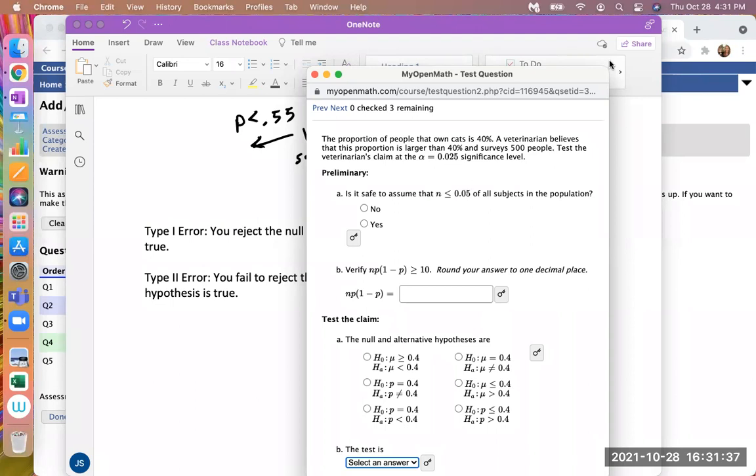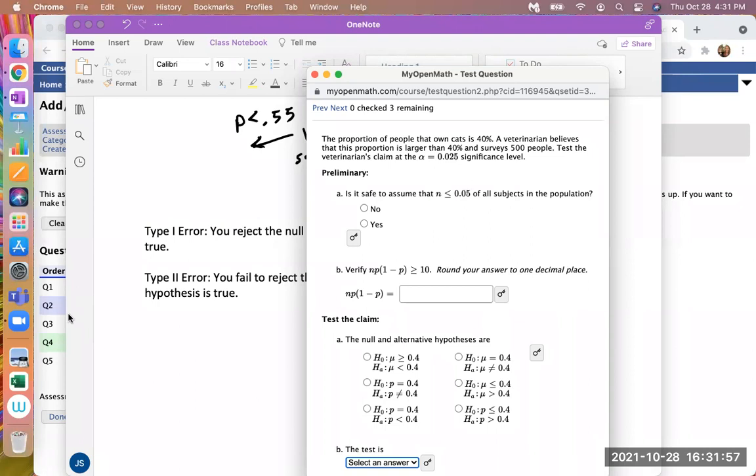The proportion of people that own cats is 40%. A veterinarian believes this proportion is larger than 40% and surveys 500 people. Test the veterinarian's claim at the alpha equals 0.025 level of significance. Is it safe to assume that the population is less than 5% of all subjects in